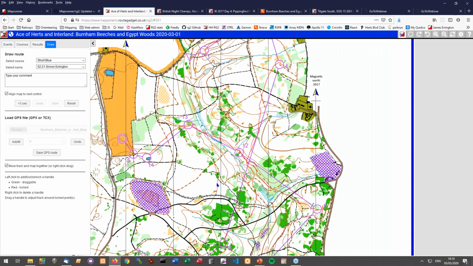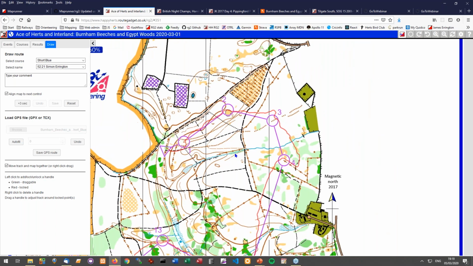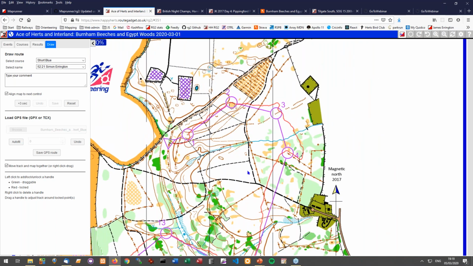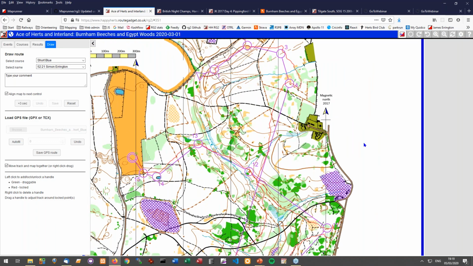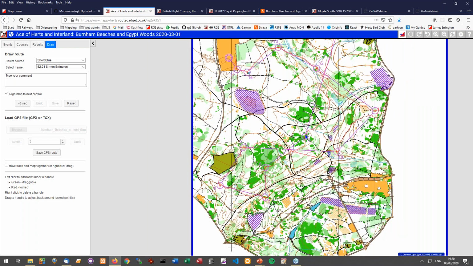Now this was a reasonably georeferenced map, and to be honest, that's a pretty good fit already. I've got the option of manually playing with it, but to an extent, you're just making things up if you try and adjust it, because the map probably wasn't right in the first place. So in many cases, I'm tempted to just leave it as the raw upload. However, people got really agitated and said, oh, my GPS doesn't fit very well. So I didn't want to, but in the end, I've implemented this auto fit function. So if you've uploaded a GPS track, you can press auto fit, and it tries to do the best fit it can.